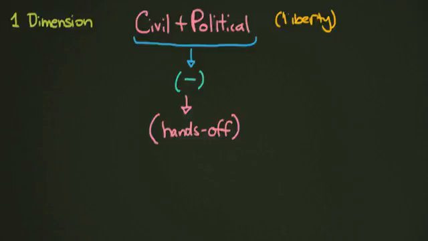We can break them into the political and the civil. So the civil rights have to do with your life and safety, and have a little bit more to do with how you interact with society. And the political rights have to do with how you can exercise your political and legal rights. On the political side, we might talk about things like the right to petition